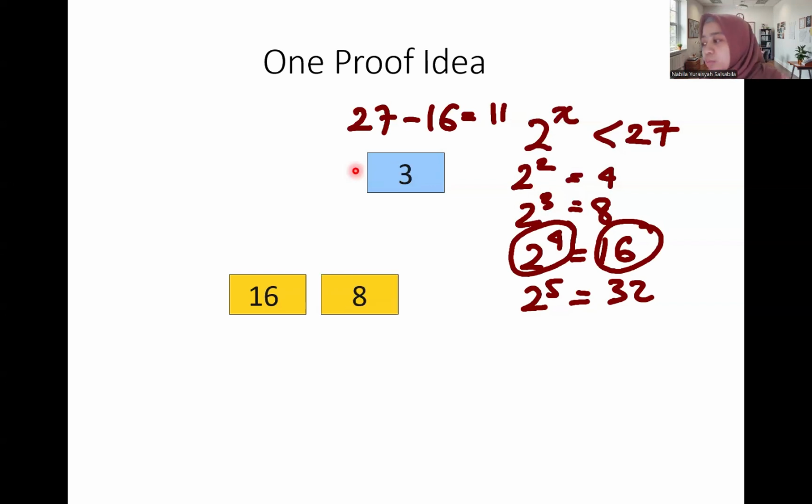Now we use the same way: the nearest power of 2 to 11 is 2 to the power of 3. So we get 8 here. Now 11 minus 8 equals 3. Now we get